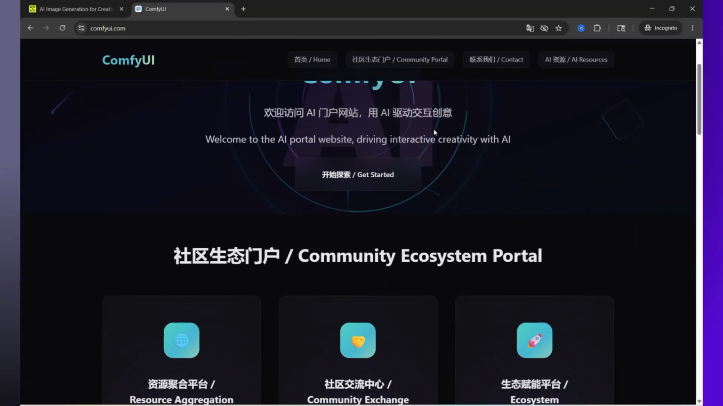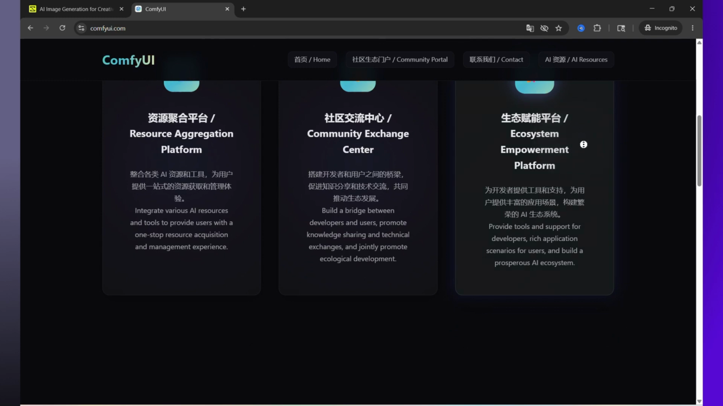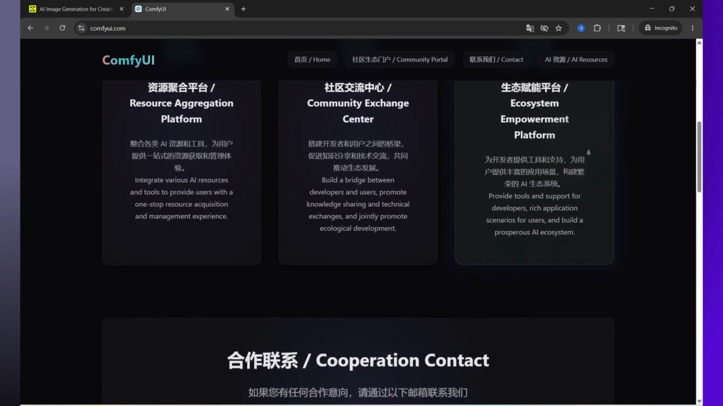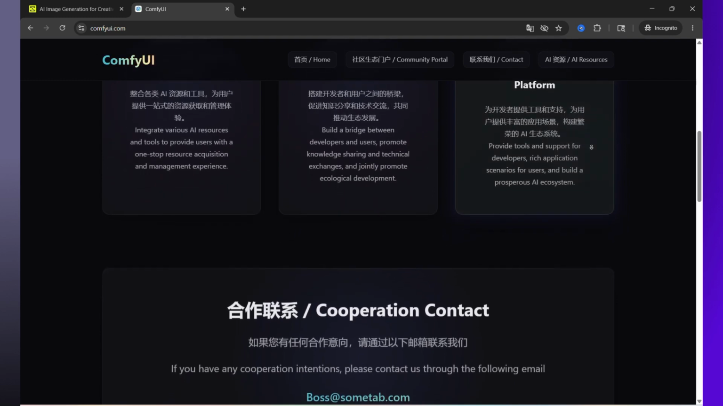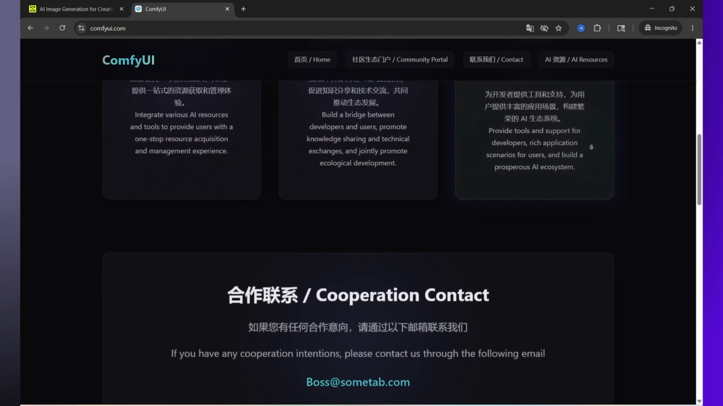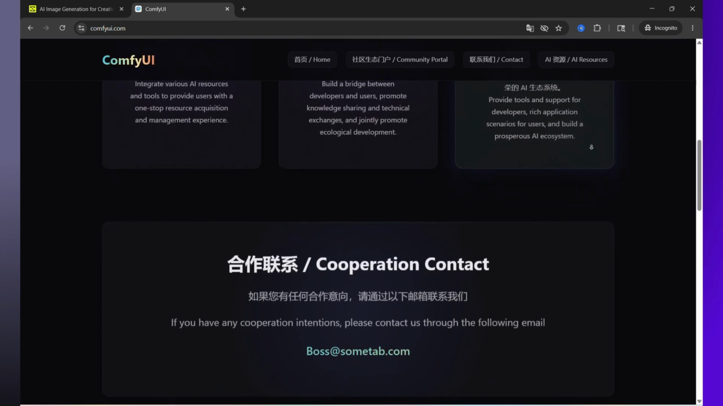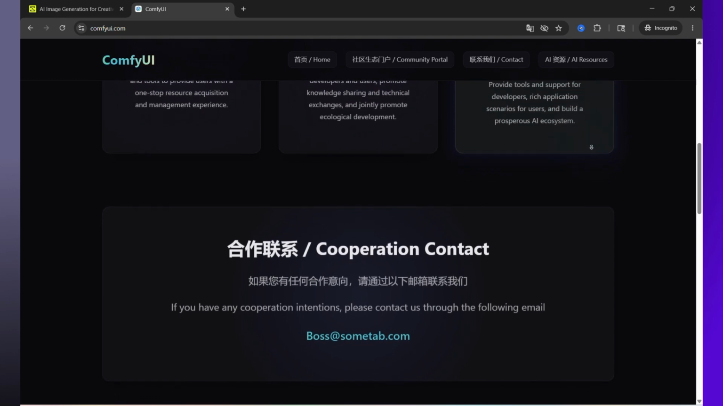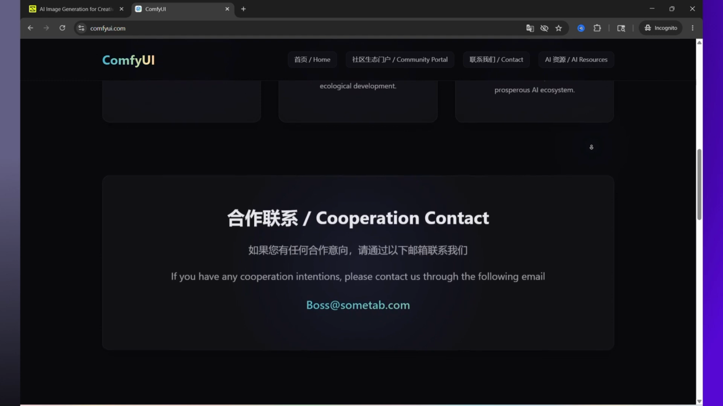ComfyUI takes the opposite approach. It gives you complete node-level control over Stable Diffusion pipelines, which means you can build incredibly advanced workflows, automations, and custom logic for power users. It's arguably the most powerful AI image workflow system available today. The downside is consistency. Because workflows can become extremely complex, results and usability often depend heavily on the creator's setup